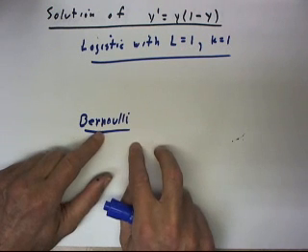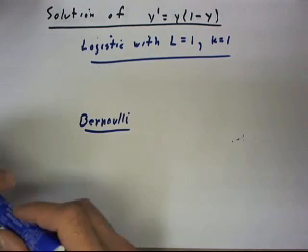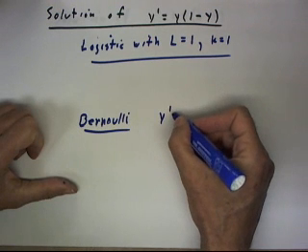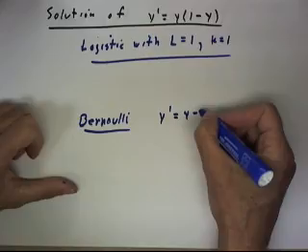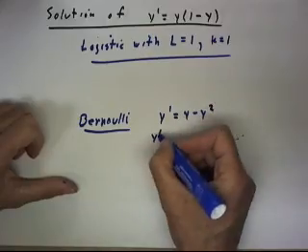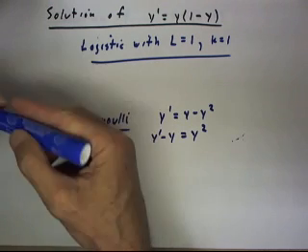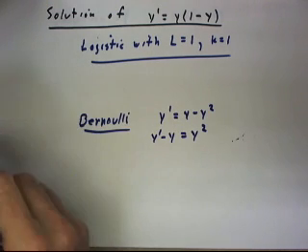Okay, it's also a Bernoulli equation. If we expand this, we see that this is of the form y prime equals y minus y squared, so it's y prime minus y equals y squared. That's a Bernoulli equation of the form